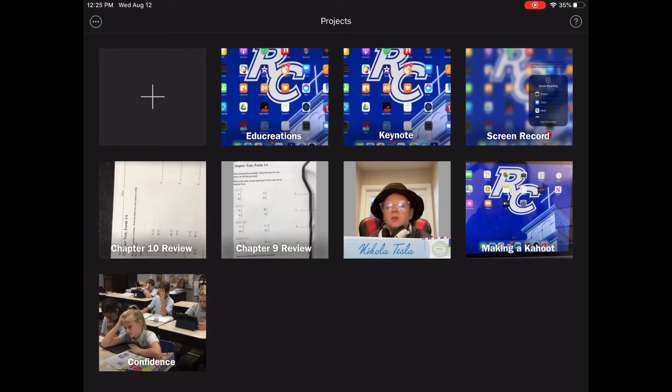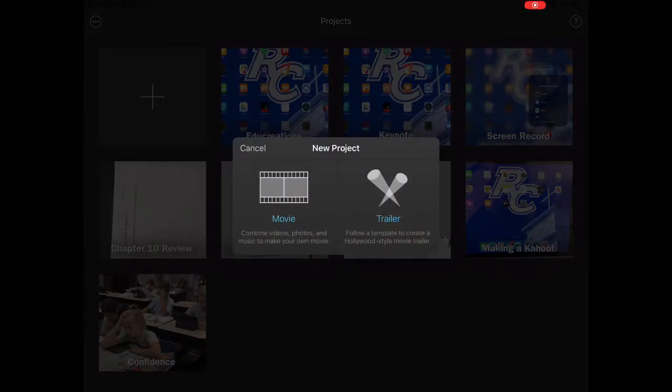So in order to start a new project, you want to hit the plus symbol. Now this is where you could just choose to do an iMovie, which is longer, or you could do a trailer, which is almost like a movie trailer, which is really fun. I've done tons of those with the students. It's really fun to use. Like if you just finished a novel, that could be one of your final projects, to do an iMovie trailer about the book. So look for that in a different video. Right now we're going to do a movie,